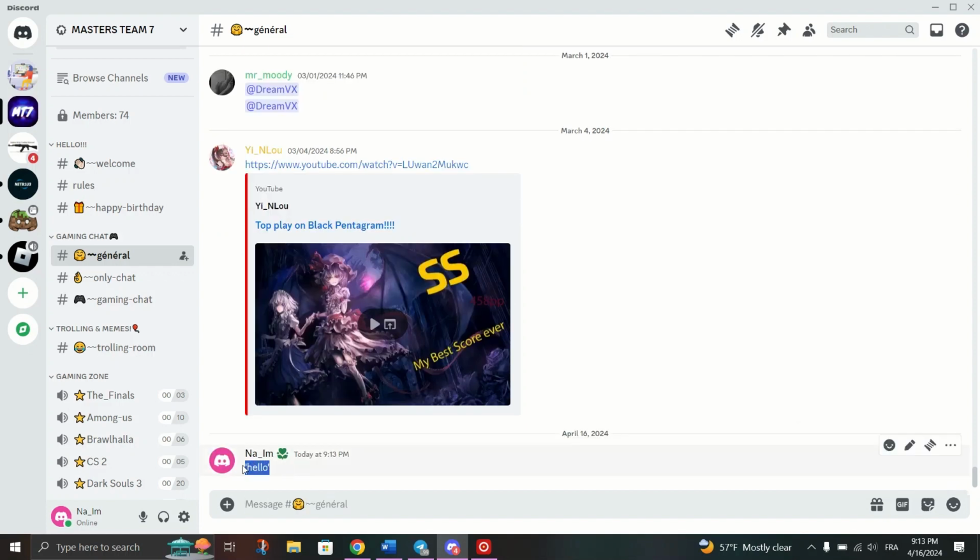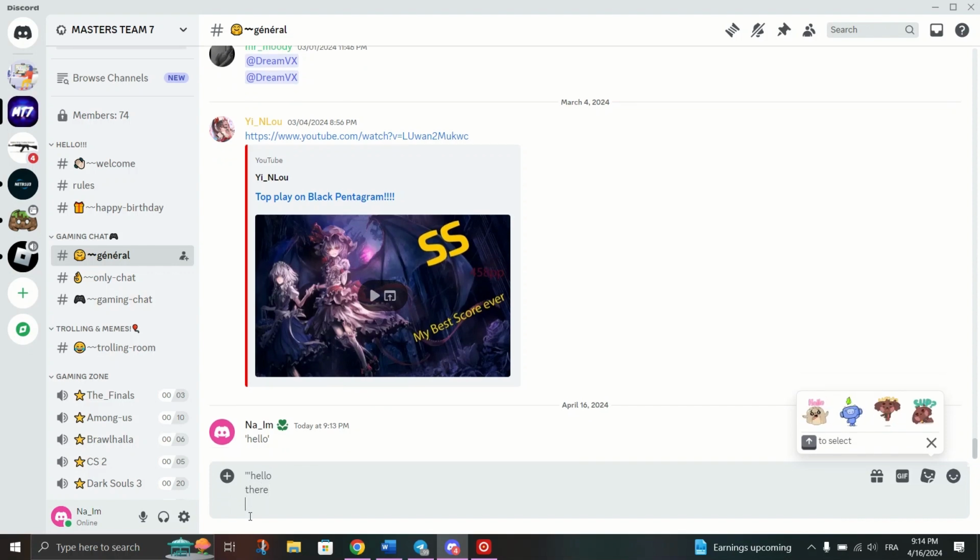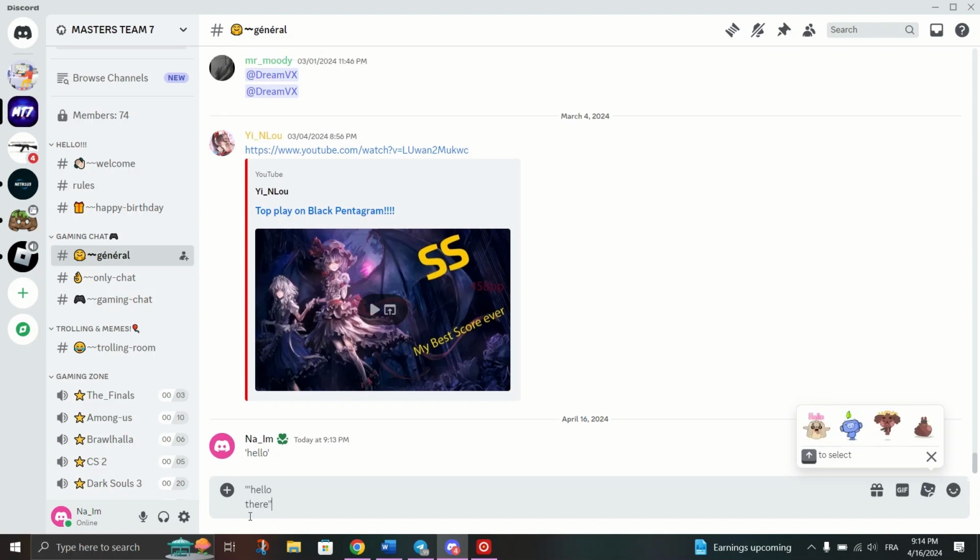For multiple line code blocks, select the text channel and ensure you can type in the text box. Type 3 backticks without spaces between them. Press Shift plus Enter to start a new line. Type multiple lines of texts, and after typing your last line, type 3 more backticks, and press Enter to send